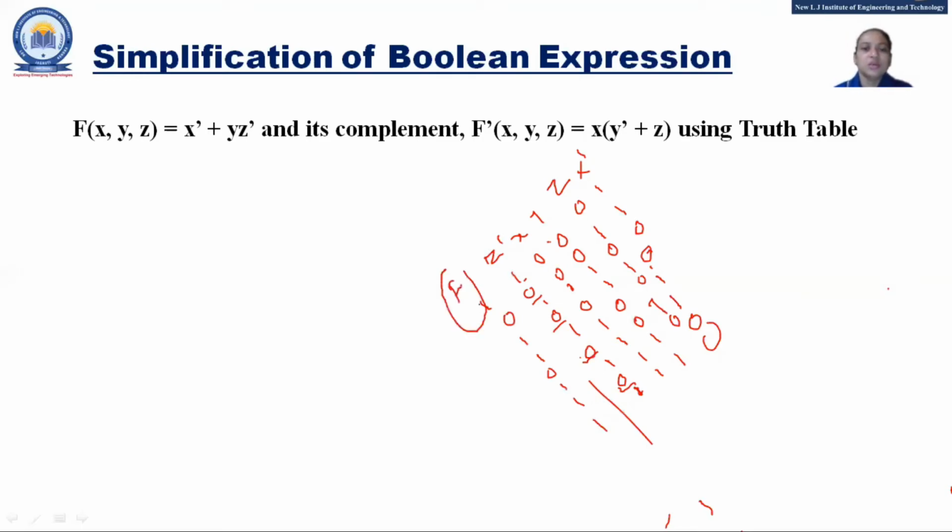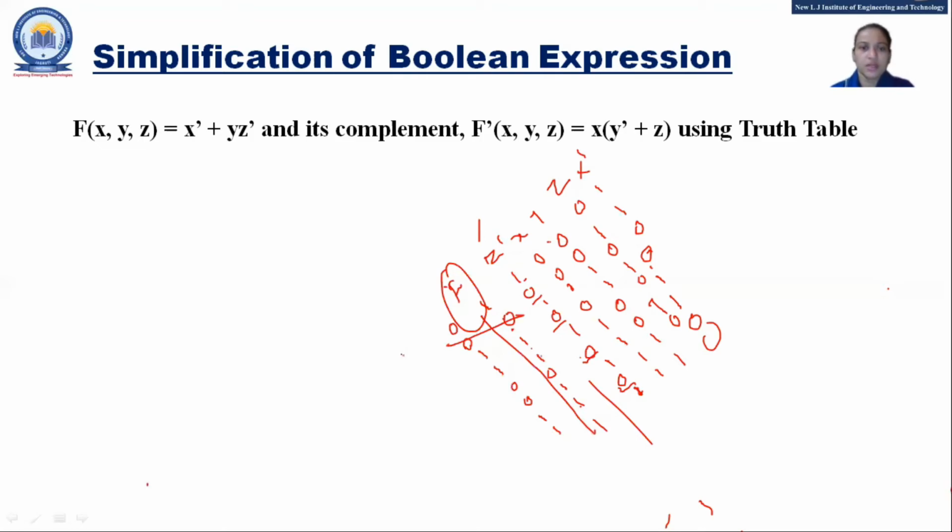So this is the equation for the f. Now y plus z dash, that we will multiply with the x. So here the x values we have are 0 0 0 0 1 1 1 1. So 1 2 3 4. Okay, we got it.